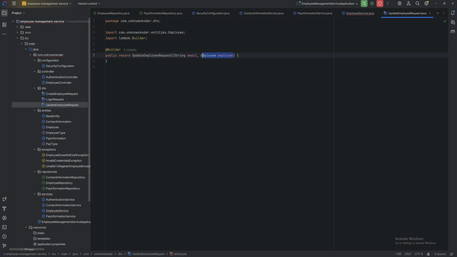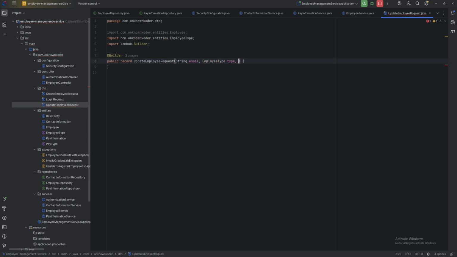Let's get rid of employee. Then let's start out by adding the employee type. Let's import the employee type here, that way it's not mad at us. We'll have the String firstName, the String lastName, and the String reportsTo. And that looks good. So now we can close out of this UpdateEmployeeRequest